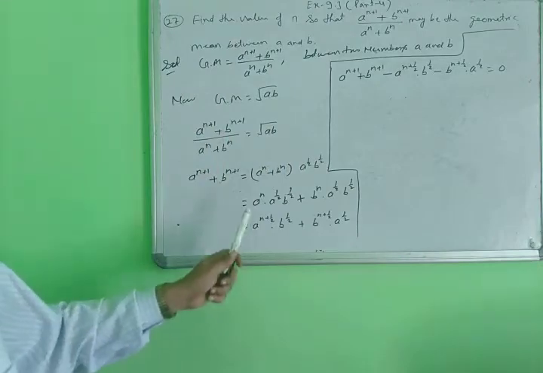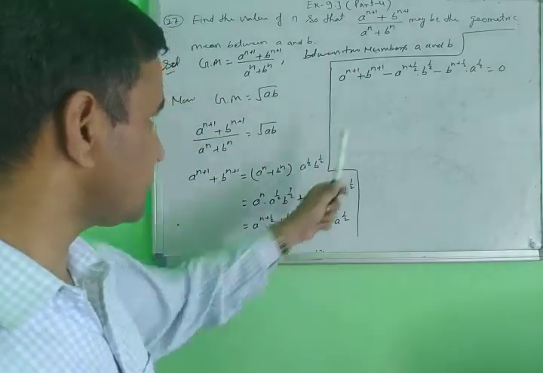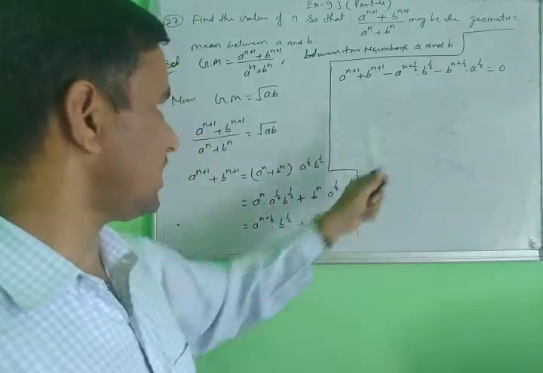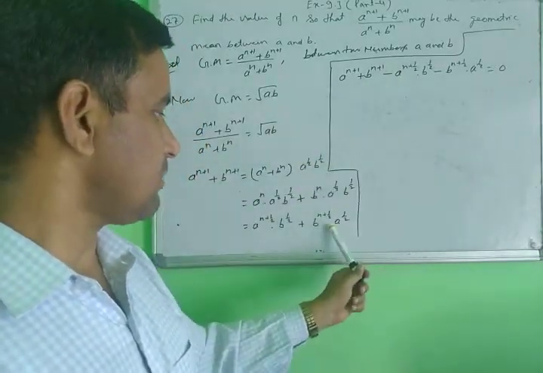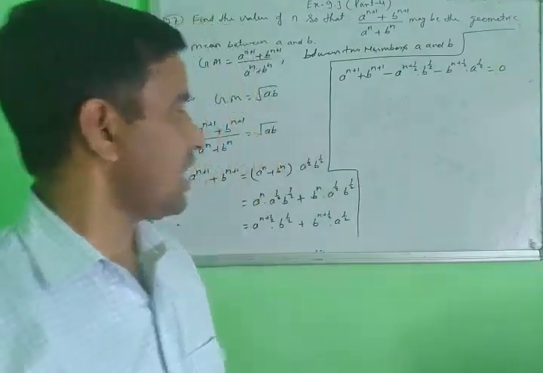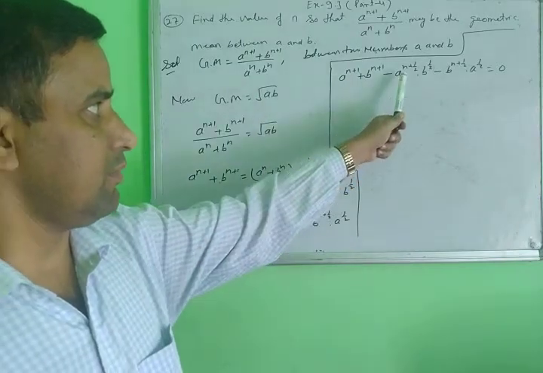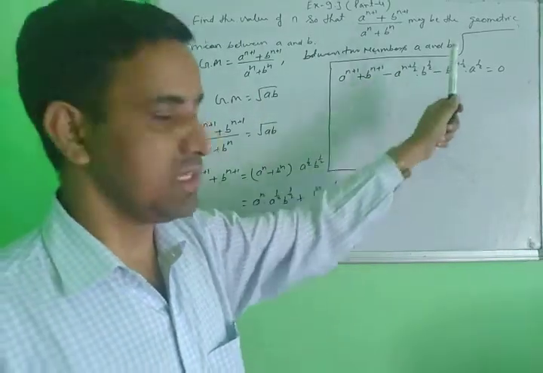Now look here, this first term and second term, both terms transposing to the left side. This will be positive, then converting the negative sign. The second term is also positive, then also converting the negative sign, equal to 0. After that, you make groups according to like form. A you make the first group and B you make the second group.